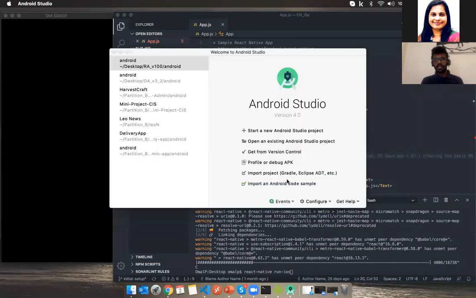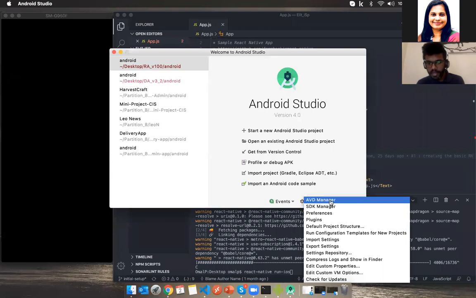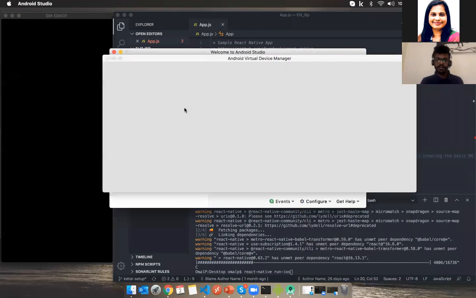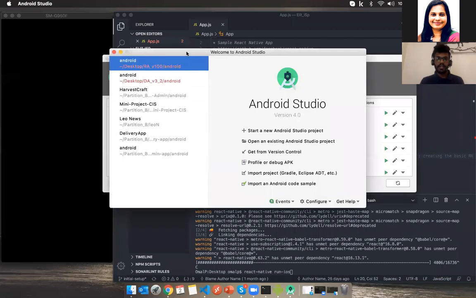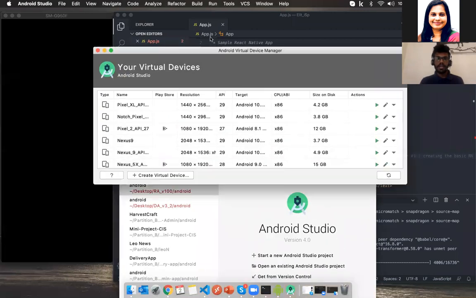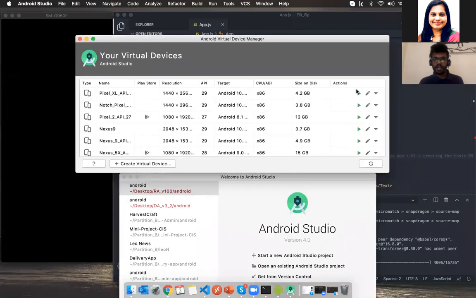So if you are using Android Studio and you don't have an Android device, you can open Android Studio and go to configure, and then AVD manager, and there you can build a new device, or you can run an existing device such as this.